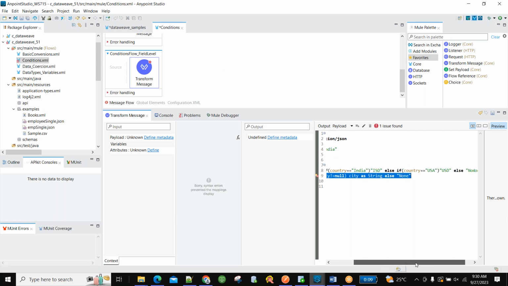City is now a variable, right? So can we just directly write it, or do we have to write the dollar sign? Like line number 9, if city is not equal to null, we can directly say print city as string. Yes, you can see. Now a variable you can take directly. Instead of in strings, you can directly keep it like city. That's correct. Why? Because of how we have done the variable declaration previously. That syntax will not change. Instead of strings, you can keep directly the variable name city. This should work.